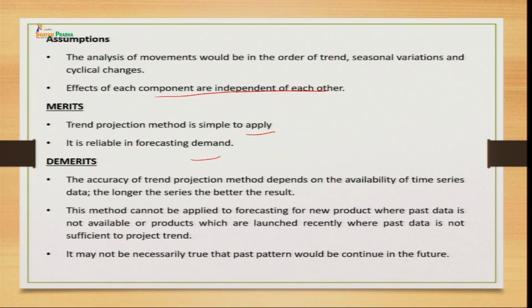If you look at the demerits of this method, there is the time availability of a long series. Yes, the longer the series of your data, the better you will be able to draw the result, but that depends on the availability of data you have, right. If you have a longer series of data, better results are drawn. This method is not applicable for a new product. Like I said, we need a time series data for it, and it is not possible always. It is not necessary, rather, that whatever happens in the past will happen in the future. We have this assumption, but that is not necessary to happen. Okay, so this is what the trend projection method is.